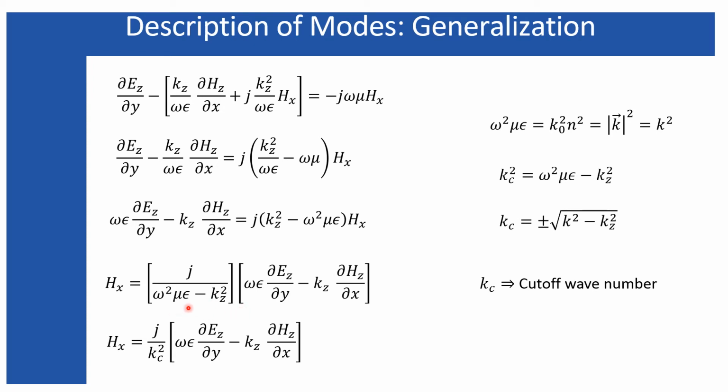Now omega square mu epsilon represents the property of the medium itself, because you can write this omega square mu epsilon as k naught square n square, where k naught represents the wave number in free space because it includes the wavelength of free space. If you write k naught as 2 pi by lambda naught, where lambda naught is the wavelength of free space, and n represents the refractive index of the medium, which depends upon mu and epsilon. From my earlier lectures we know this represents the magnitude of the propagation vector within a particular medium.